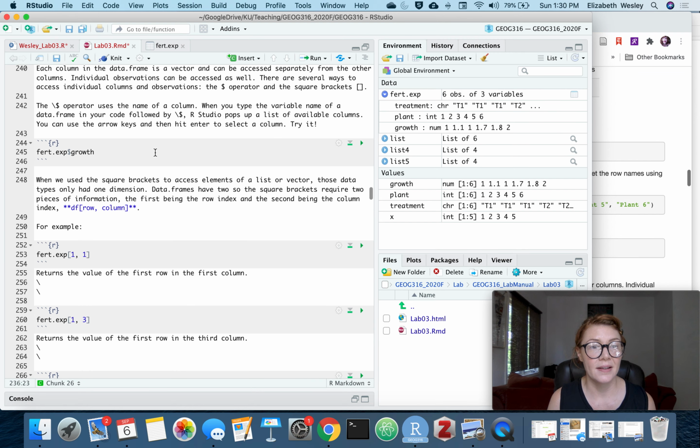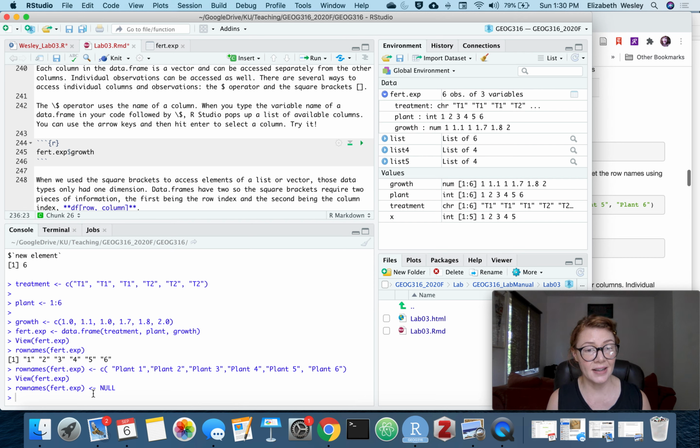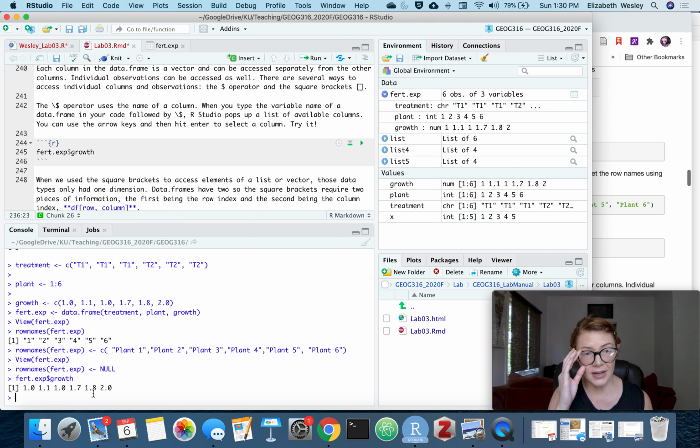All right. So accessing items in a data frame is pretty easy and cool. You can use this $ sign operator to access your columns. So again, see how once you start typing in, RStudio gives you some suggestions. So this is what we want, this fertilizer experiment. So you just hit enter. And then when you type in that $ symbol, it pops up all of your column names. And so you can access it just like that. So there is our growth column,